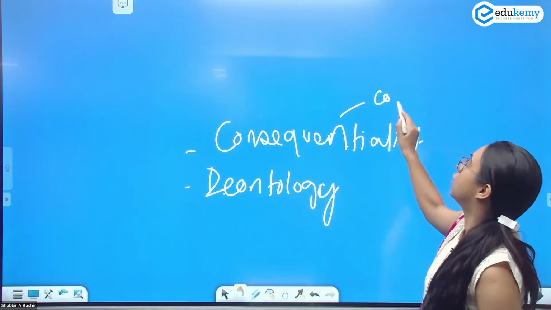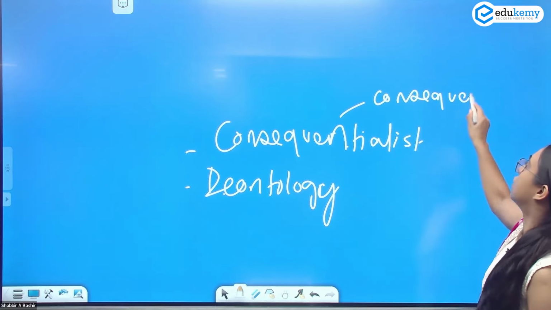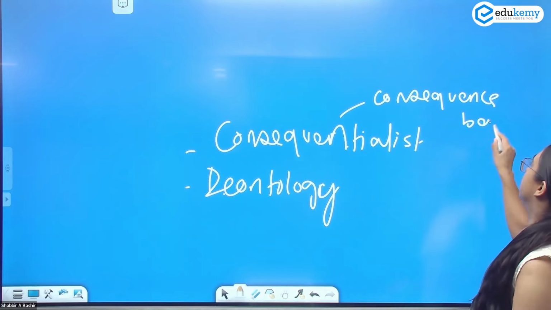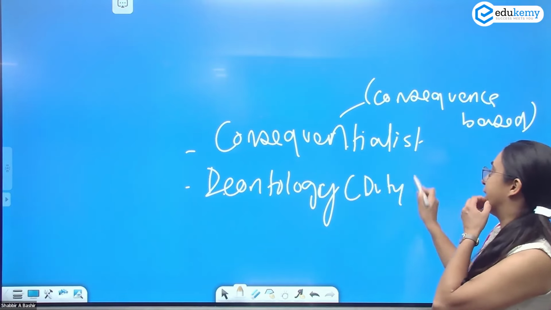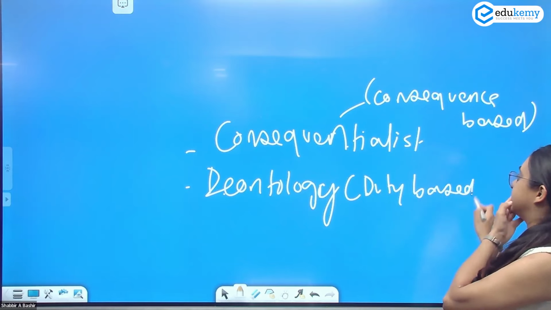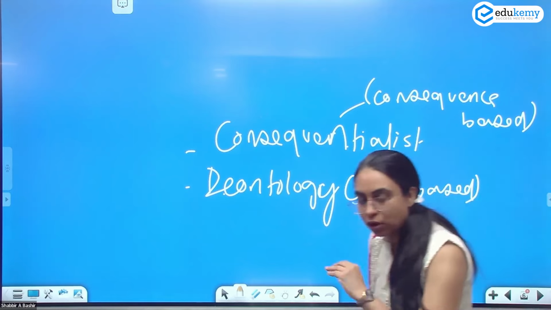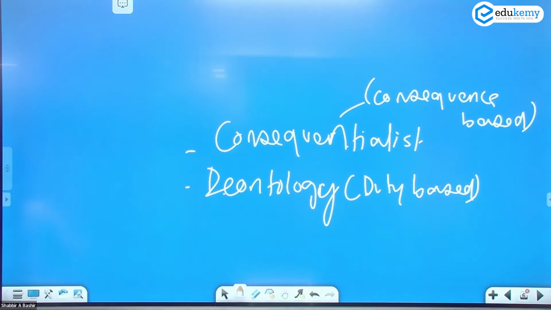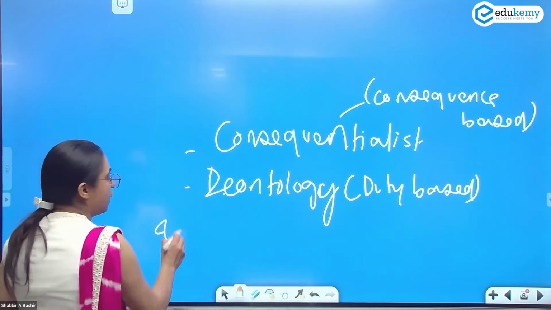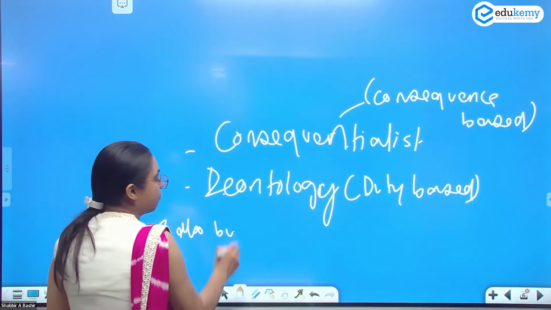Consequentialist means consequence based. Deontology means duty based. What is right or wrong is determined by many schools like the consequentialist school and the deontology school, and also by various